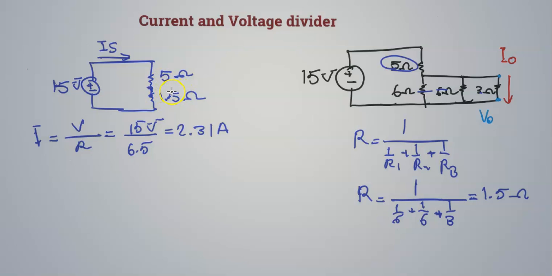But before I do that, I would like to emphasize a very important fact about circuits in series and in parallel. When the resistors are in parallel like this, and let's say we have resistors in series,